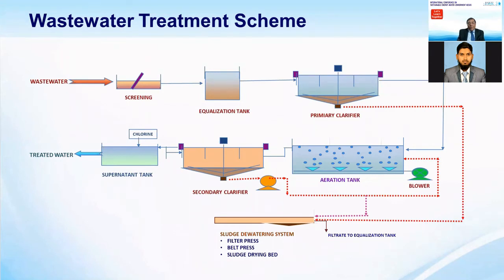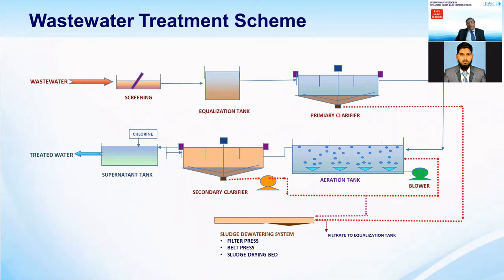And here you see from the bottom, we give the air to the system through the fine bubble diffuser, and the blowers are installed in the blower room. And here we develop the bacteria which decompose the sludge, which has BOD and COD. Then, as the sludge volume index increases gradually while the decomposition of the wastewater goes on, we have the secondary clarifier wherein we separate the sludge and water, and from the bottom we take